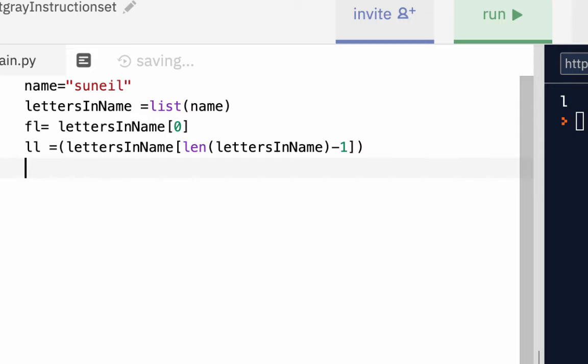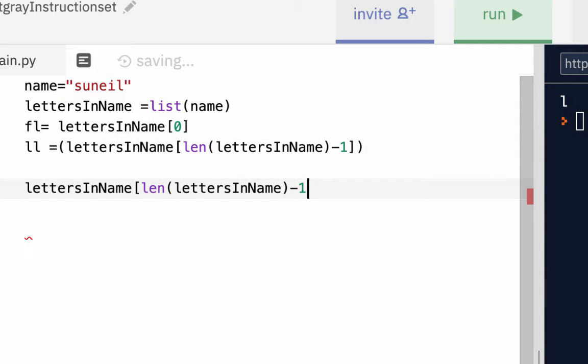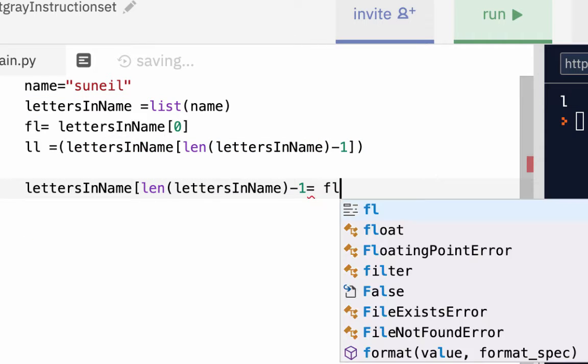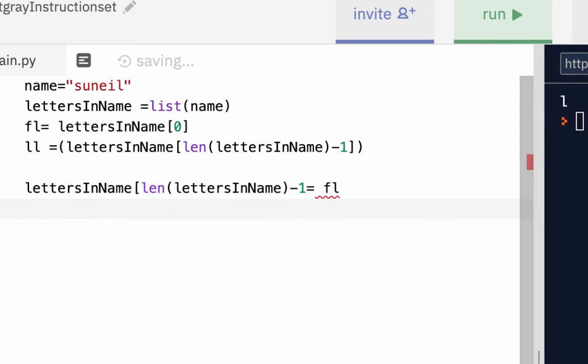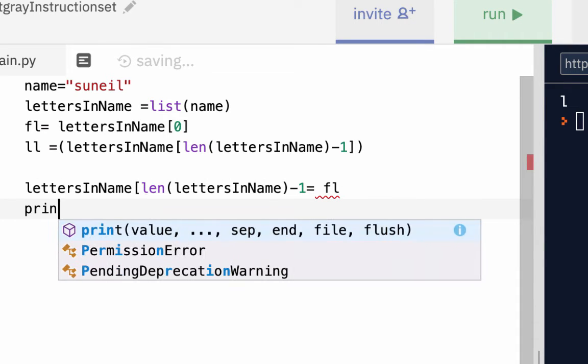So I've been able to store the first variable, and I've been able to grab the last variable. So what I need to do now is put that first letter into the last letter. So I want the last letter equals the first letter. Yeah, so now if I print that,